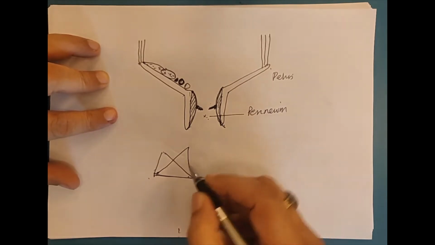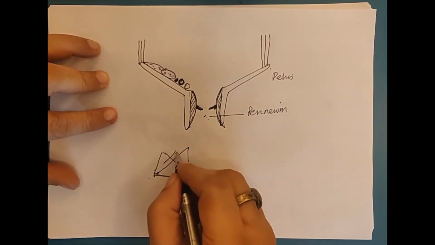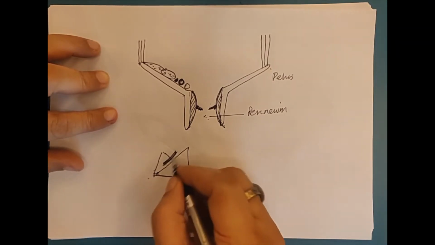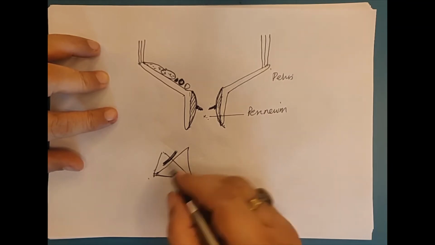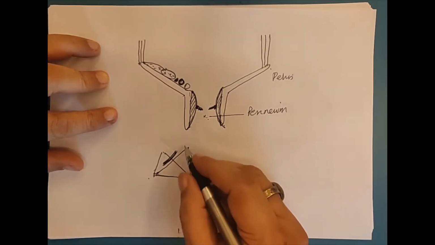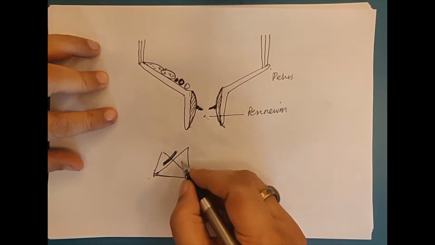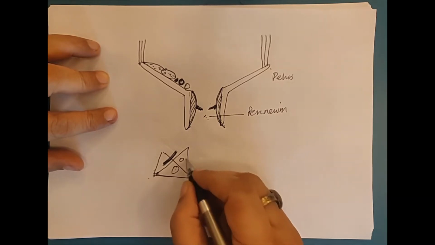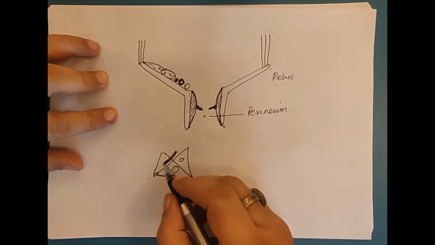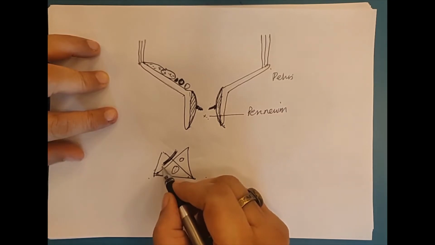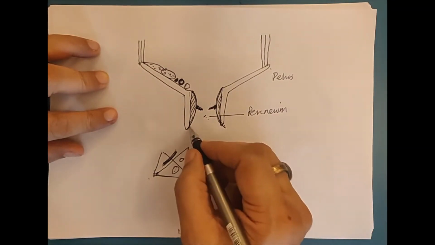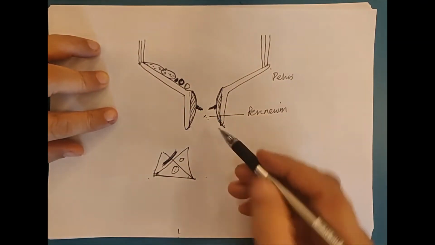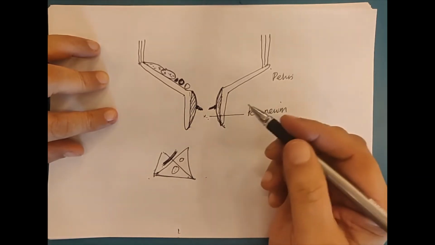One is called the anal triangle, which is directed backwards, which passes the rectum and anus, anal canal, and there is a triangle which is directed forwards, which passes the urethra and the vagina. So it is the urogenital triangle, and this is the anal triangle. So this is how you can enter into the perineum. From the front you can enter through the urogenital triangle, and from behind you can enter parallel to the anal canal.